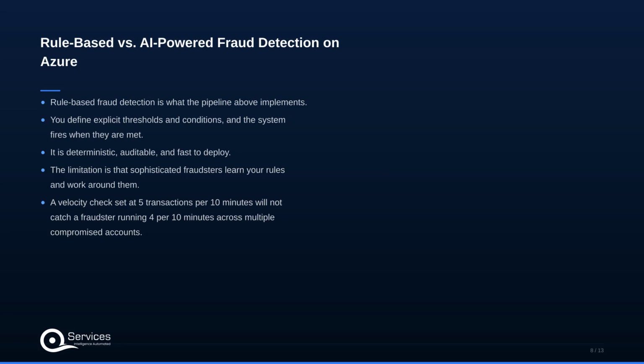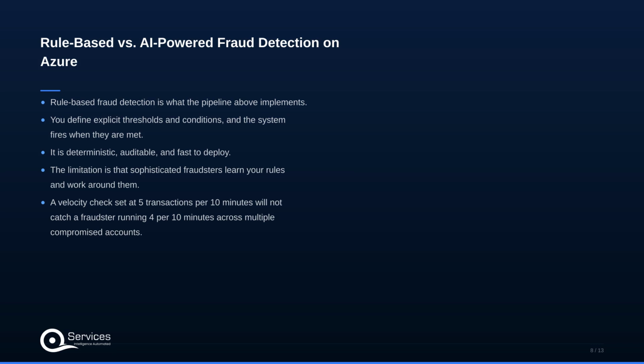Next up, rule-based versus AI-powered fraud detection on Azure. Rule-based fraud detection is what the pipeline above implements. You define explicit thresholds and conditions, and the system fires when they are met. It is deterministic, auditable, and fast to deploy. The limitation is that sophisticated fraudsters learn your rules and work around them. A velocity check set at 5 transactions per 10 minutes will not catch a fraudster running 4 per 10 minutes